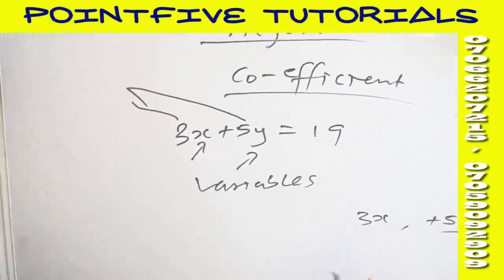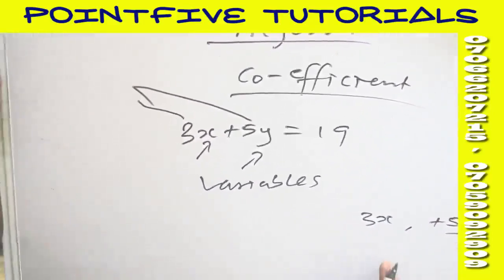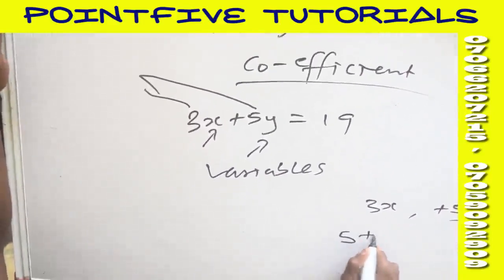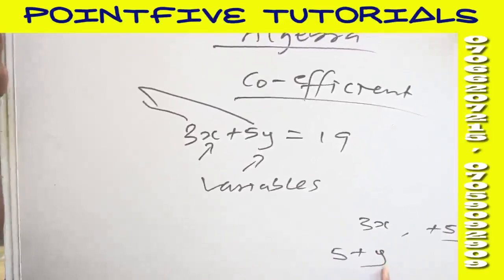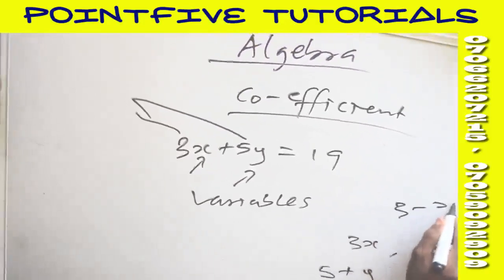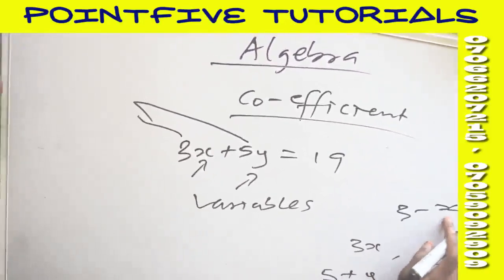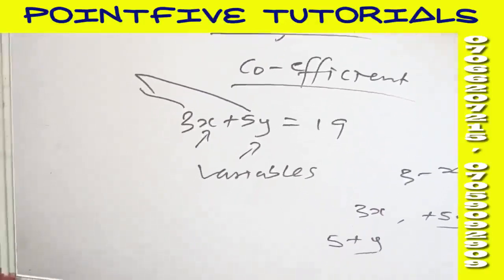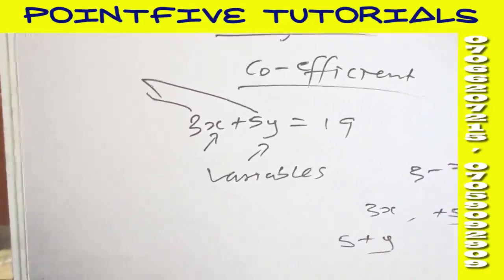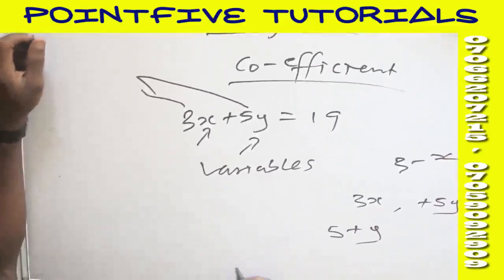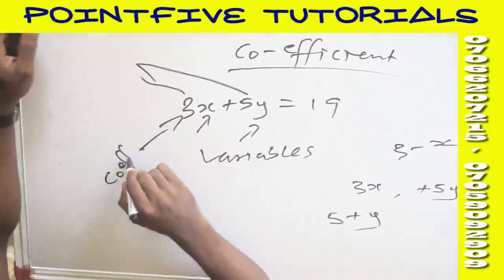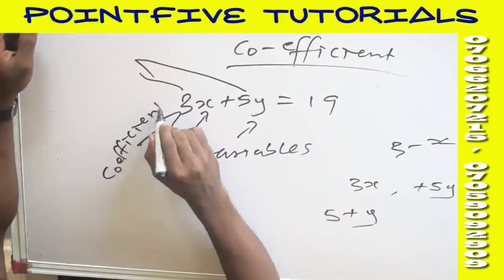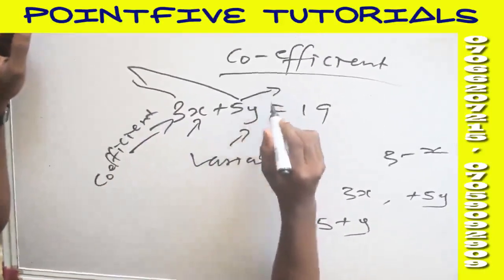But these 3 and 5, if you check, we have 3x and we also have plus 5y. These are directly attached, which is different from saying 5 plus y. In 5 plus y, this 5 is not directly attached to y. Or if I say 3 minus x, it's not directly attached to x. But when it's directly attached like this, that number directly attached to a variable is called a coefficient. So 3 is said to be the coefficient of x,